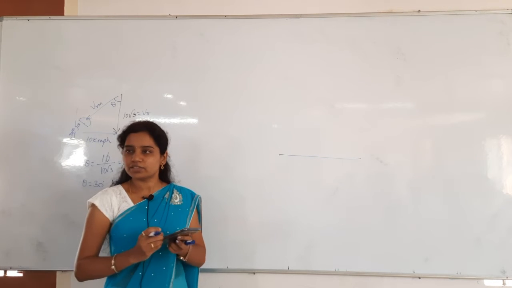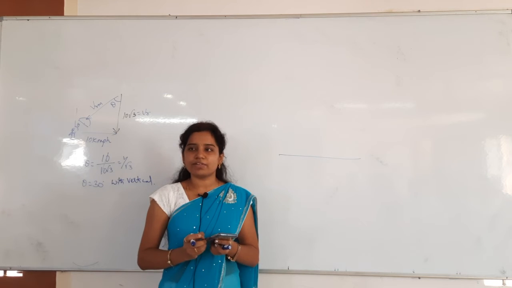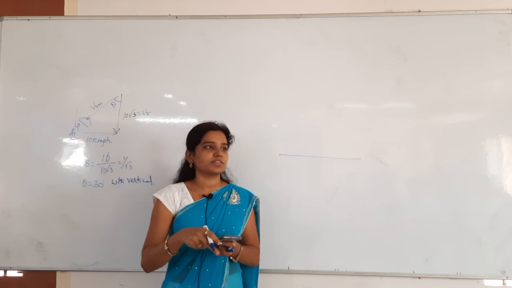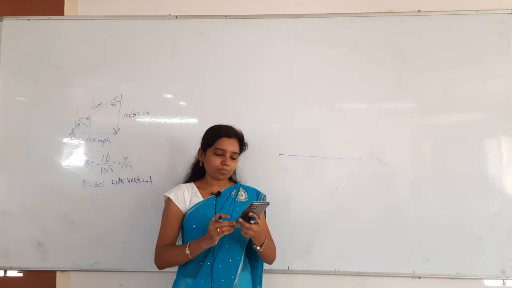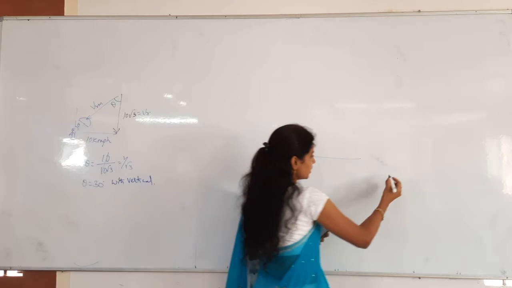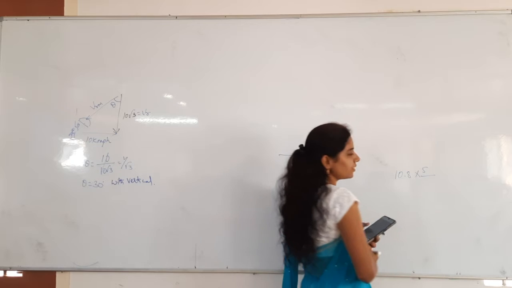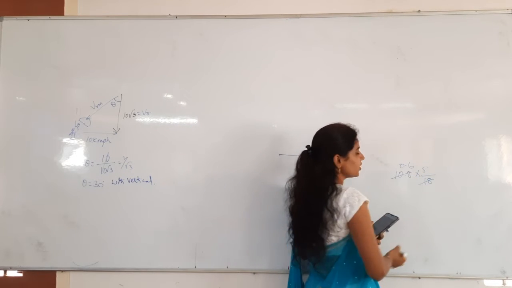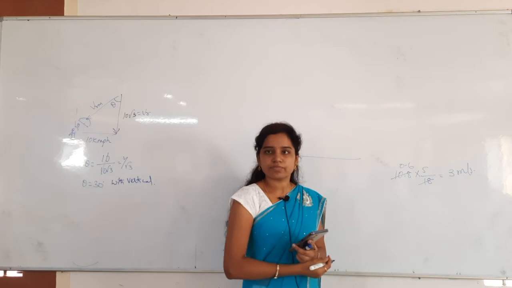Did not get that? People tried at least. If you don't try, I will not teach this problem. If you tried and did not get the answer, then only I will teach this one. See that, a man traveling at 10.8 kilometers per hour on a topless car. Just change the units. You have to convert to meters per second, so what do you have to do? Multiply by 5 by 18. How many times is this? 0.6 times, no? So what is the velocity now? 3 meters per second. Correct?